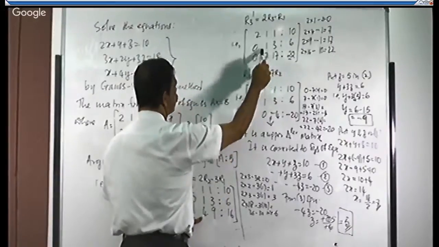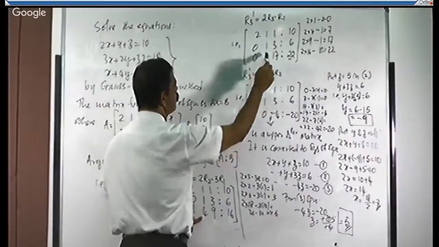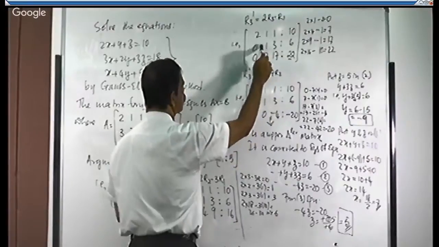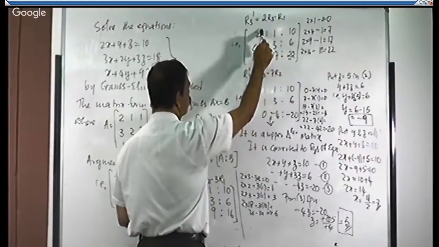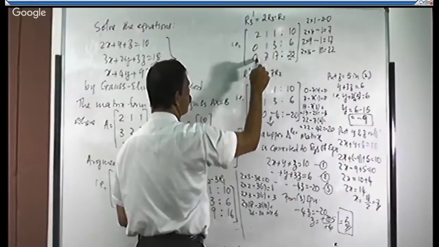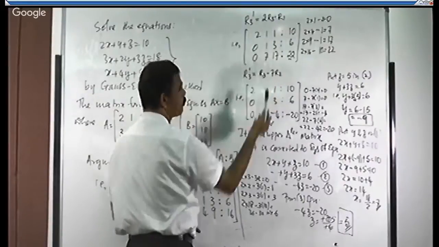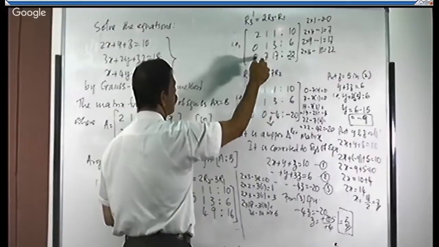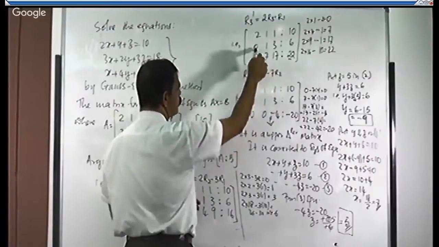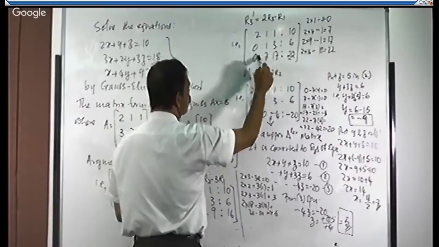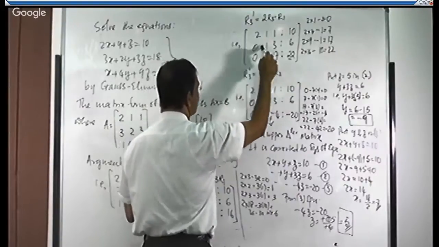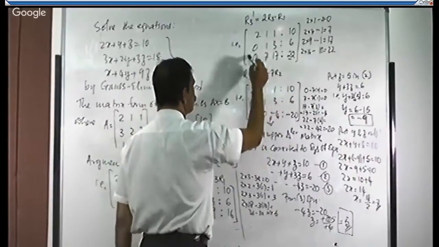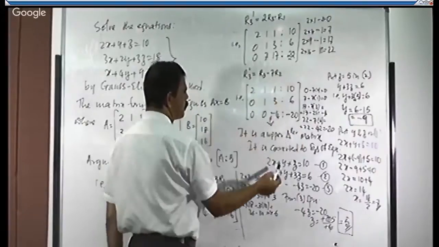Third, next, this 7 is to be made 0. To make 7 into 0, you compulsorily take the relation with the second row. Don't take it with the first row. If you take it with the first row, this 0 vanishes again. It means you will get some other value, right? Because here we have a 2. Here is 0, here is 0. You can put any relation, this always becomes 0, right? That's why while making this element 0, you take the relation with the second row. So after all these 3 elements become 0, that is the upper triangular matrix.